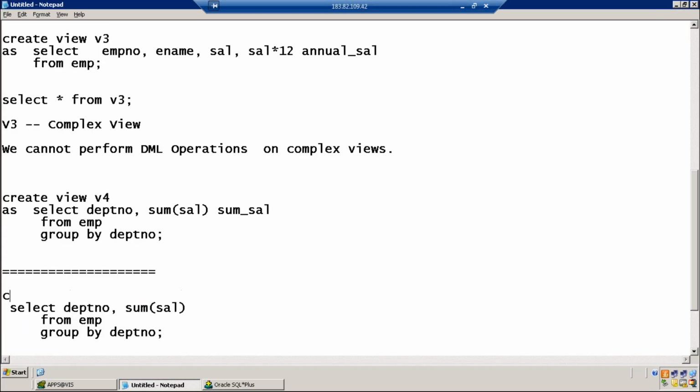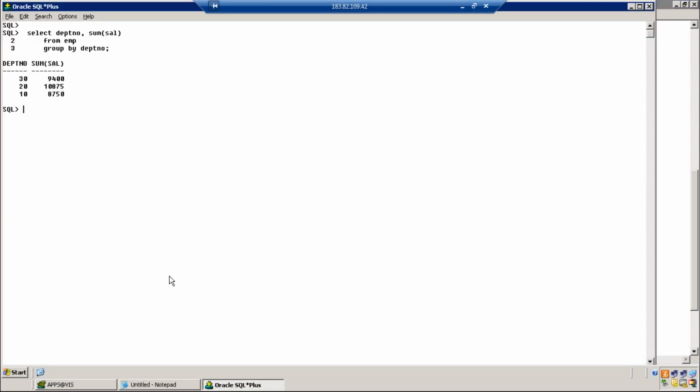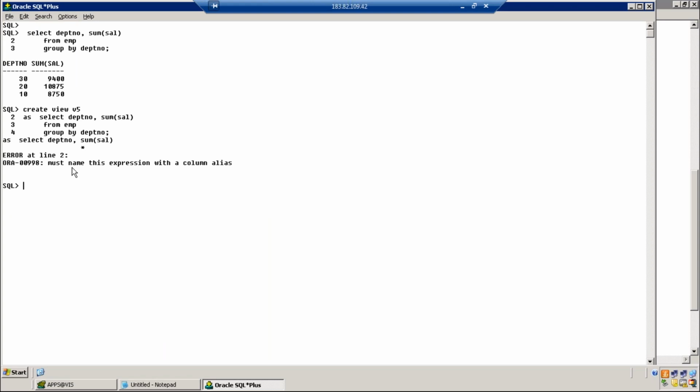So when you write create view v5 as your query, now you get the output: name must name this expression with a column alias. You should compulsorily have a column alias pointing to sum of salary, because when you're creating a view it should have column names.